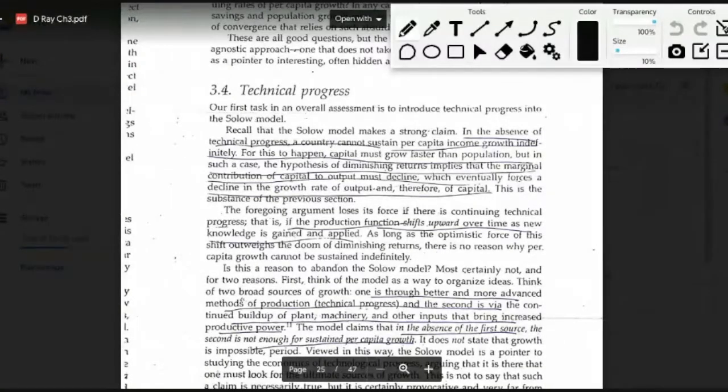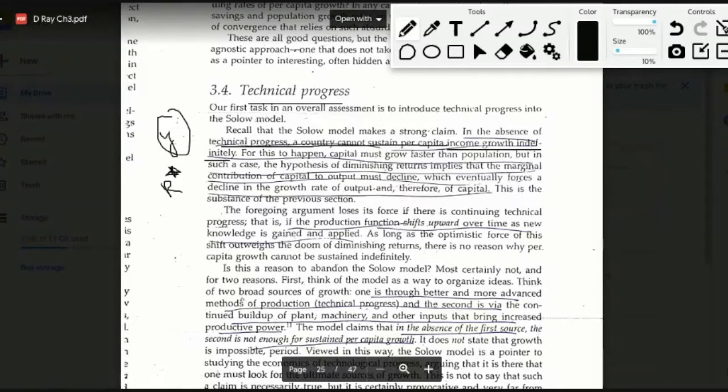In the absence of technical progress, a country cannot sustain per capita income growth rate indefinitely. This is a more appropriate way to summarize the Solow model so far, which is saying that in the absence of technical progress, according to the Solow model, a country cannot sustain a consistent and indefinite growth rate in per capita income, which is small y. So we know that once the economy reaches the level of K star, there will be no long run growth in this variable, which is per capita income. But this is only happening in the absence of technical progress. What really happens when we introduce technical progress is what this section is going to talk about.